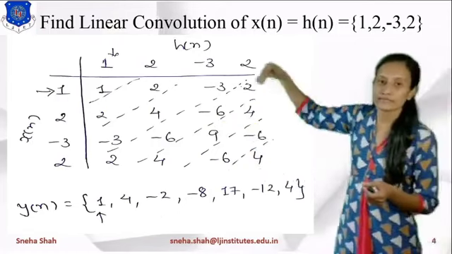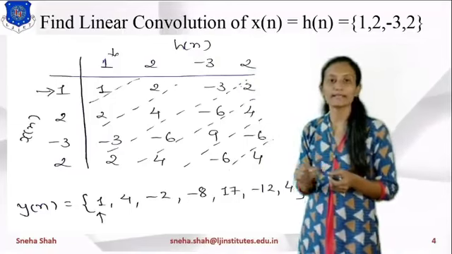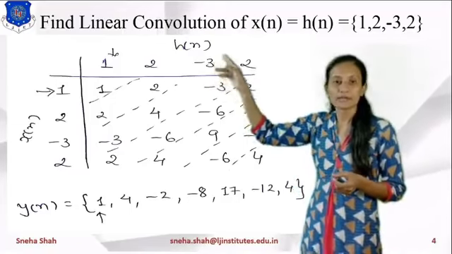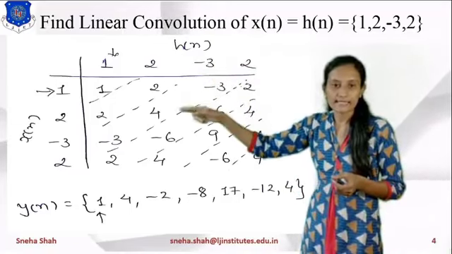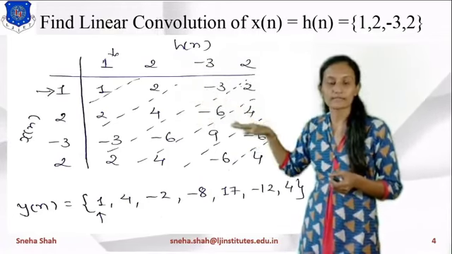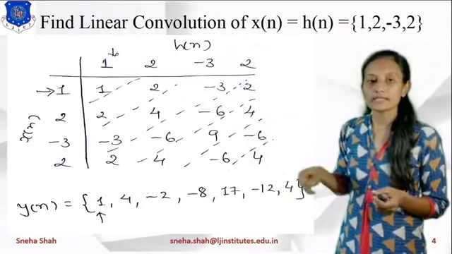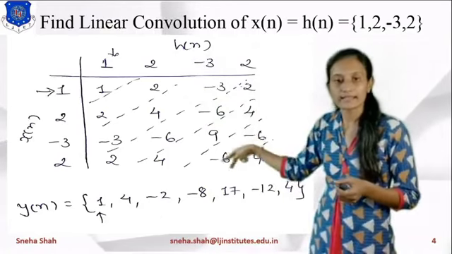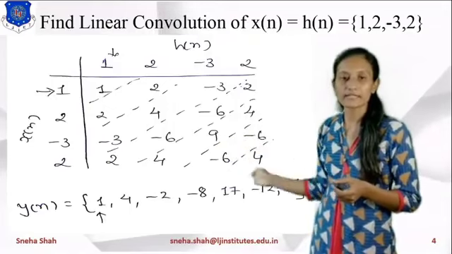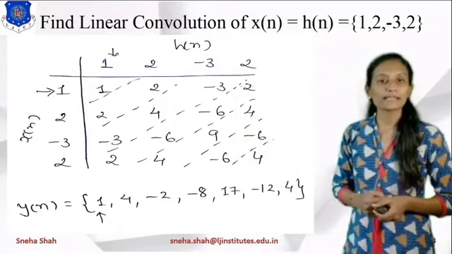Same way we find all the other terms. Now we have to draw these lines. In these lines you have to keep in mind that in the first line there will be only one term, then in the second line there should be 2 terms, then 3 terms, 4 terms likewise, and then it will be in decreasing order. Now in one line, if we add these terms, then the answer will give you the linear convolution output. So what will be the output?